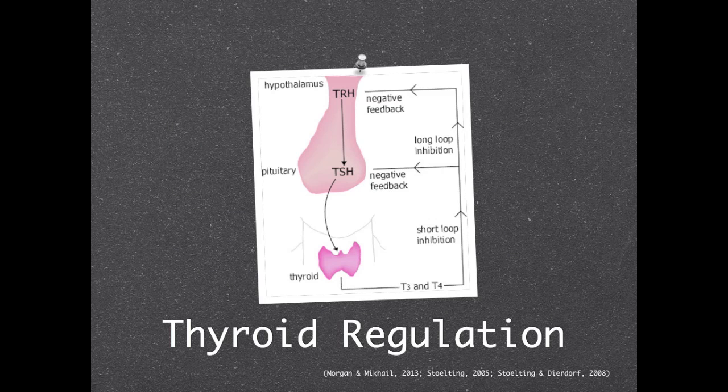Thyroid regulation involves a negative feedback loop. It starts at the hypothalamus, where you get the release of thyroid-releasing hormone. The thyroid-releasing hormone enters into the portal circulation, traveling to the anterior pituitary. In the anterior pituitary, you get release of TSH, or thyroid-stimulating hormone. TSH travels through the systemic circulation until it reaches the thyroid gland. There, it stimulates the uptake of iodine, which allows the secretion of T3 and T4 thyroid hormones to exert its